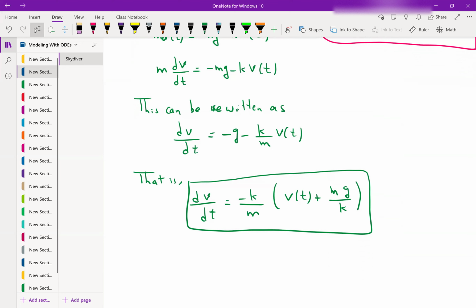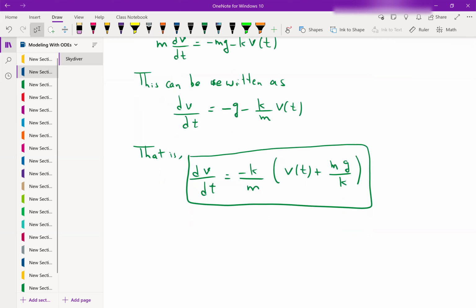At this stage, we have our differential equation, but for this specific example, I want to do more. I want to actually solve the differential equation and fully answer the question that we had in the statement of the problem. So what will be the initial value problem that we are solving here? The initial value problem, IVP, we need to solve in order to determine the velocity of the skydiver is